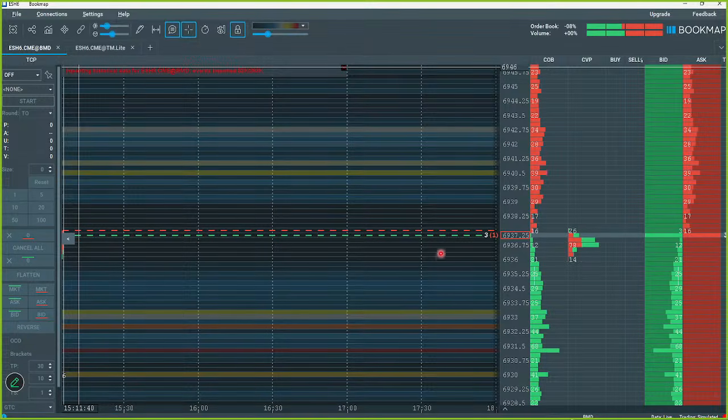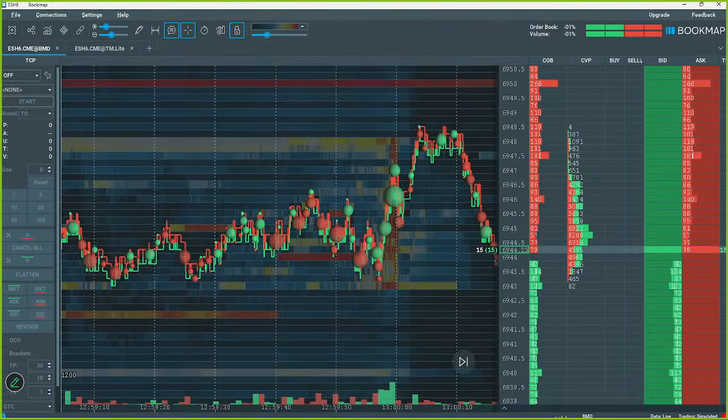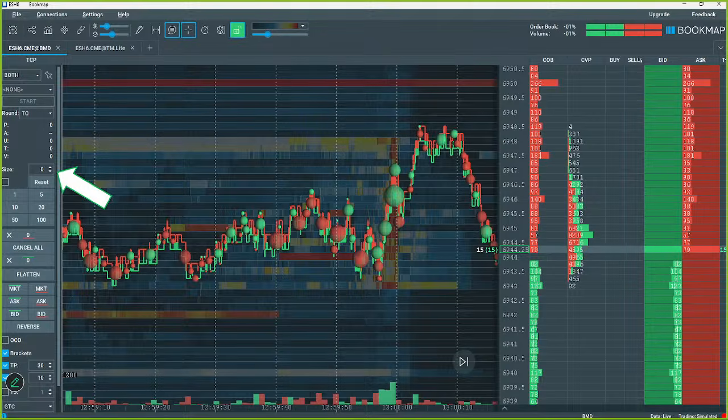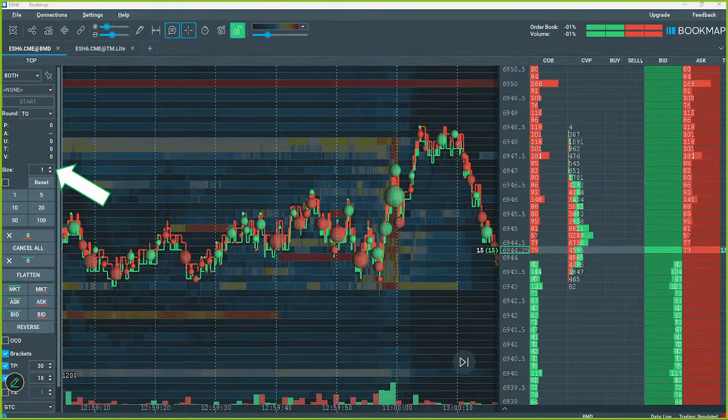You can also trade right from the screen as long as you're on the live market portion of the screen, or you can trade from our trading control panel. But before we trade anything, we have to make sure that our trading control panel is on, right? It's off. We can turn it to chart, DOM, or both. I always just say select both. Why not, right? Like if somebody says, hey, do you want vanilla ice cream or chocolate ice cream? It's like, how about both? Let's take both, but now let's make sure we have a quantity in place. We need at least the number 1 in there. Otherwise, none of this stuff will work, right? We have to have a quantity.